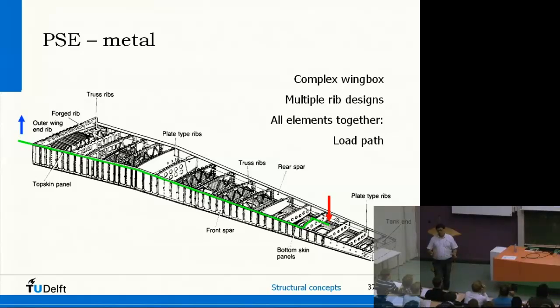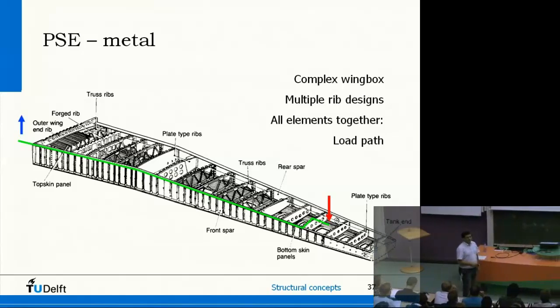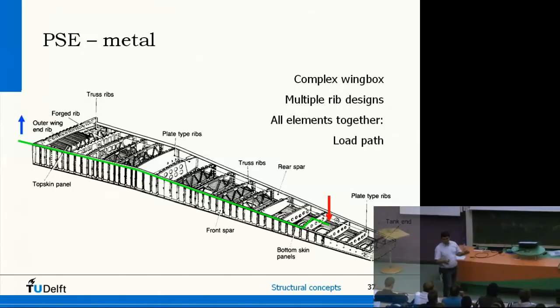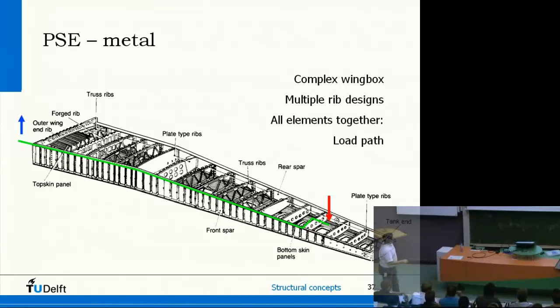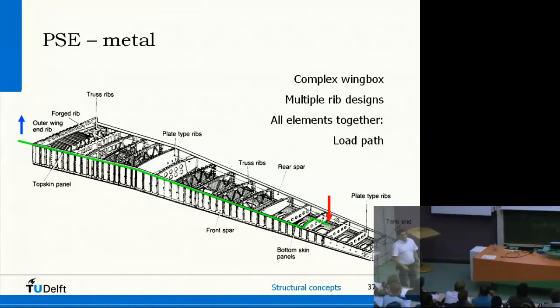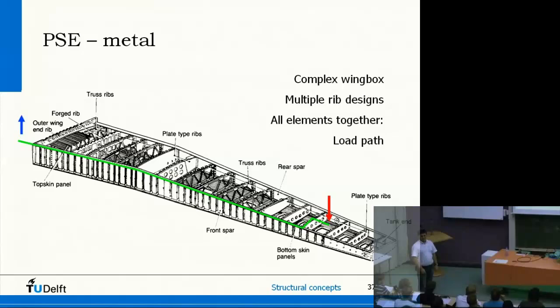Since it is, in this case, a vertical force, I have to think that I need elements with web plates from here to there. The first part of the path is provided by a stringer. The stringer has a web plate. The second part of the track is provided by a rib, a wing rib, which also has a web plate. And the last part is this spar, which also has a web plate. So then my load path is there.